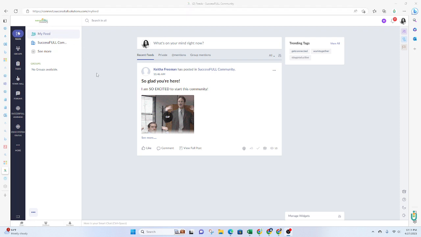Once you enter into the community, you'll have menu options to your far left. First, you have your feed. Anything that is for you will be listed in the feed. If someone sends you a private message, you will see that in your feed. If anything is posted in either the SuccessFULL community or any groups that you're a part of, you will also